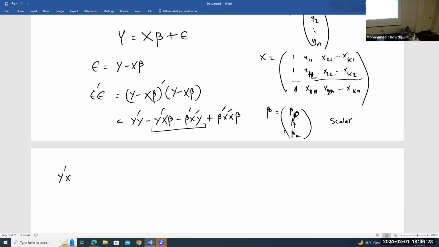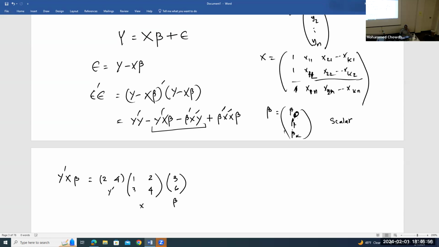Suppose y prime, x and beta. Okay, y prime has two values, suppose 2 and 4. This is the value for the y prime. X has 4 values, 1, 2, 3, 4. Beta has, suppose, 3 and 6. So this is my y prime, this is my x, and this is my beta. Okay,